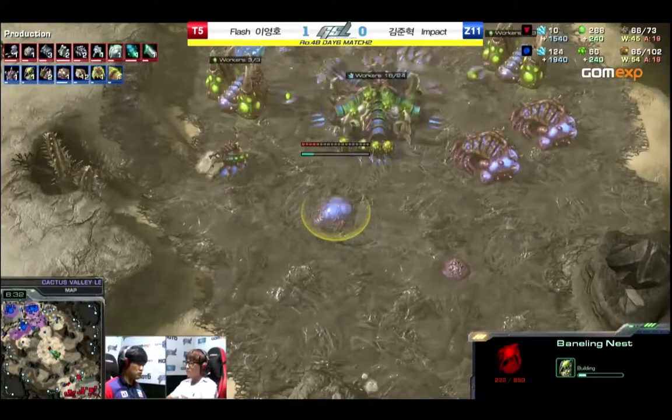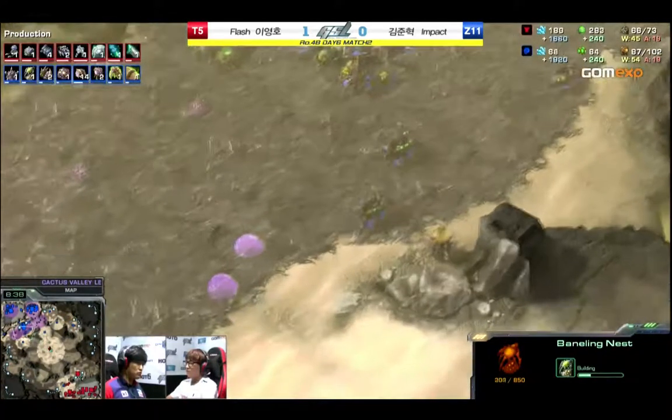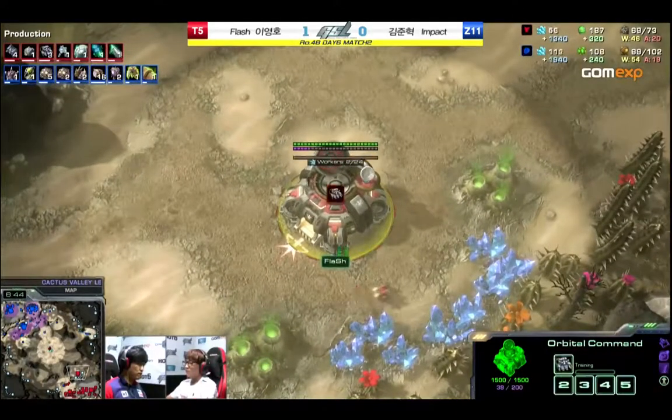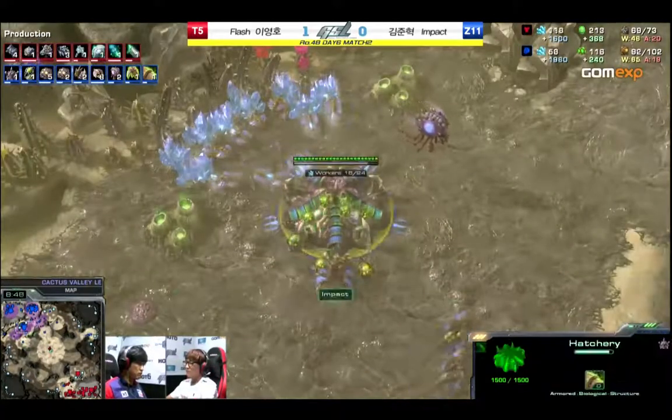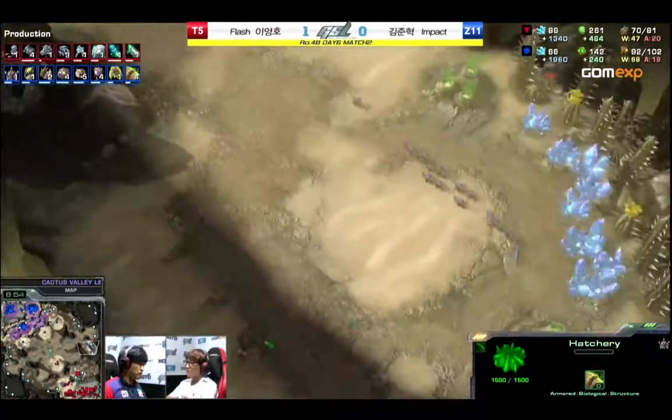So Flash scouted that third base. He scouted pretty good saturation. His Hellions now are content to stay in the middle of the map. Of course, he needs to keep those Hellions alive. He needs those Hellions to scout what his opponent is doing, and at the same time to scout, or to